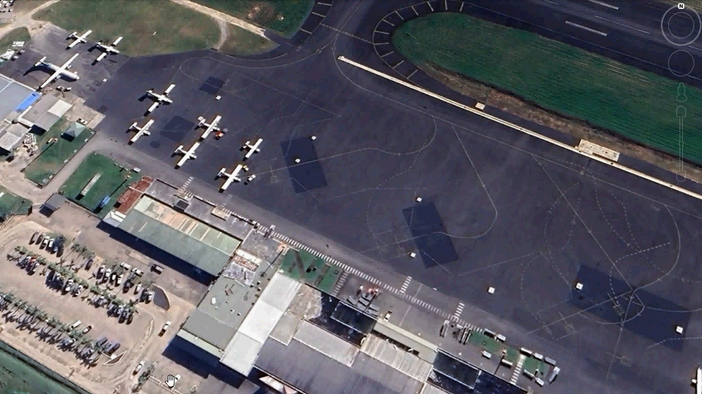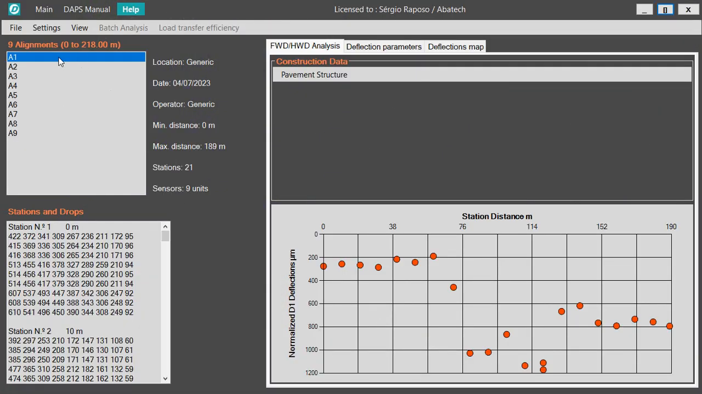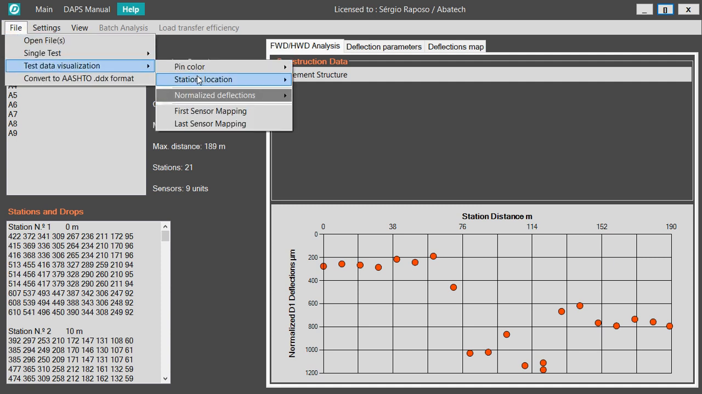And if I go to Google Earth and I open that file, here we are. We have all of the FWD stations that were listed in the A1 file, and they are all here. So if I go back and I wish to visualize, instead of just the A1 file or any particular raw data file individually, all of the 9 raw data files that I have loaded at the moment, what I have to do is follow the same procedure: go to File, Test Data Visualization, Stations Location,